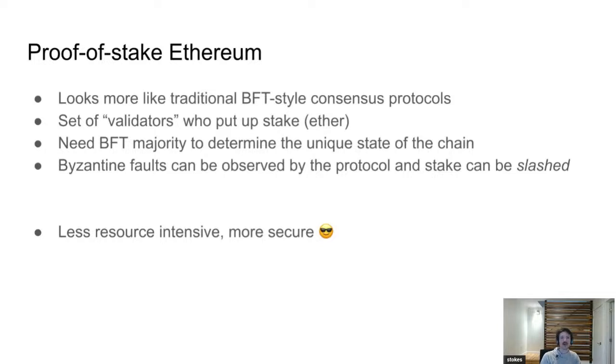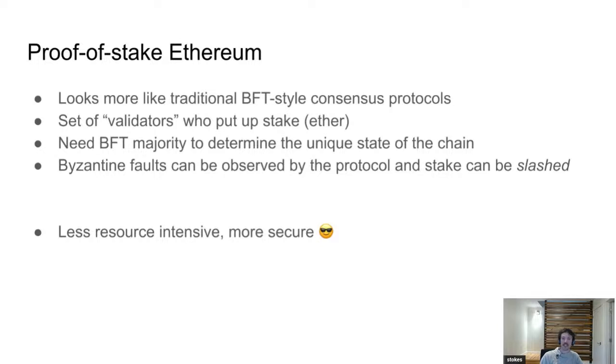Every action is essentially signed, and so you can have the protocol itself ingest these messages, and you can say, hey, a majority of the validators said this was the chain. Sometime later, they wanted to reorg to a different state of the chain, but this is actually in conflict. And so when they do this, you can then say, hey, this is bad. I'm going to ignore this other state. And moreover, I'm going to punish you somehow.